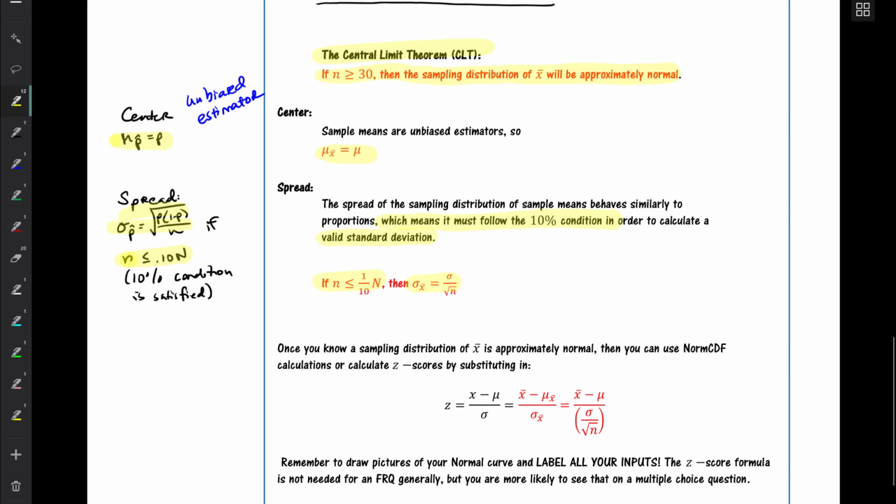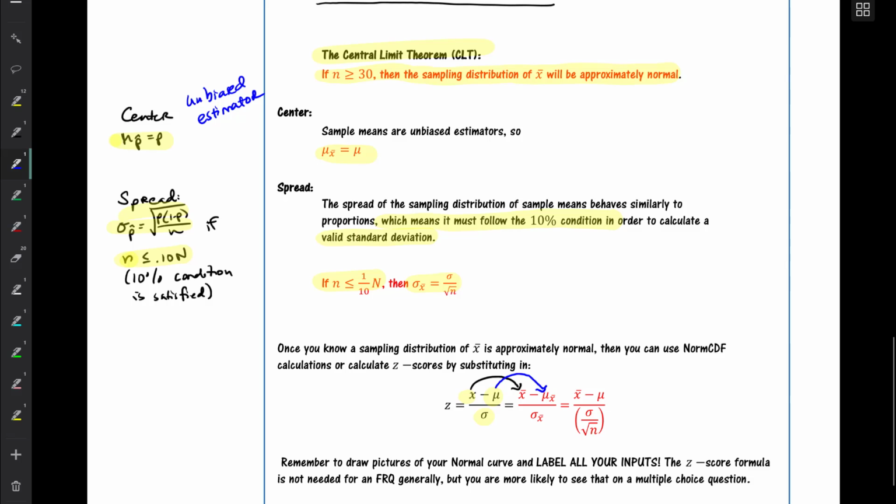However, sometimes on multiple choice questions, you are asked to calculate a z-score or identify the correct formula to find the probability. Remember that the z-score is x minus mu over sigma, where we have the observation x minus the true average, divided by the standard deviation. Well, our observation in this case is always going to be the sample, what we get from one individual sample. So x becomes x bar. Mu, what's supposed to be true for the entire population, is the same thing as mu sub x bar. It's what's supposed to be true for the average sample.